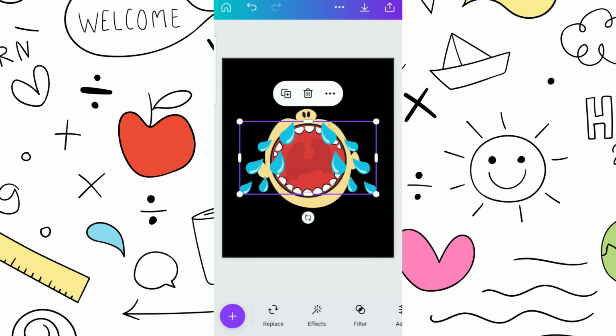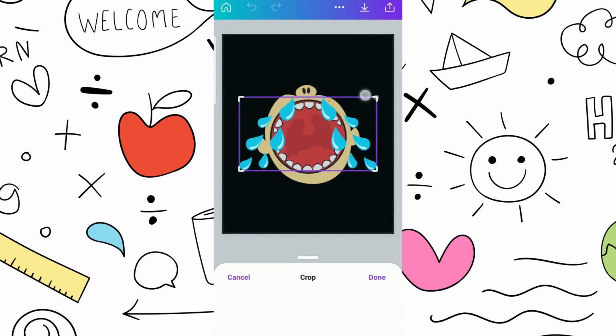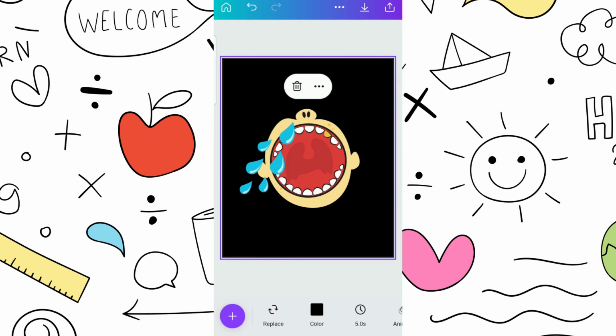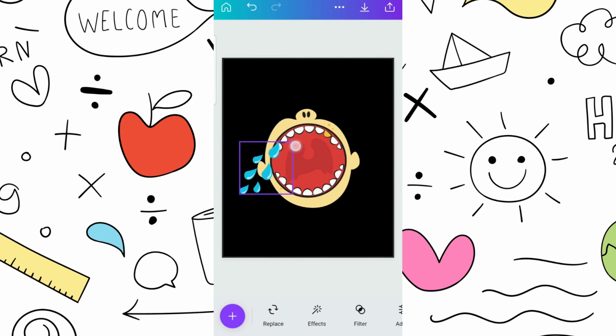Now what I can do is scroll across with the element selected until I see crop. And then I can make this by cropping my element to the size that I want. It gives me a little more control over the design element. So I can move it like this. And then I like how that looks because it looks as though the tears are really flowing from the little